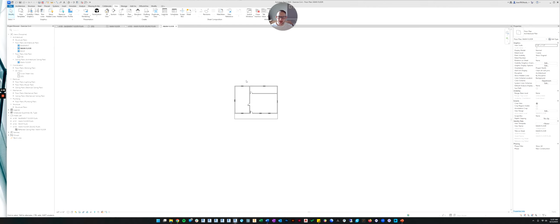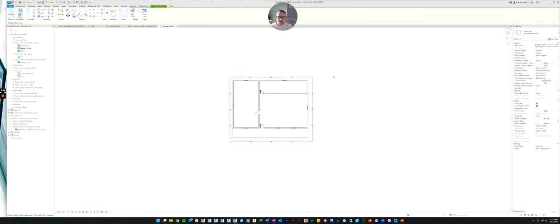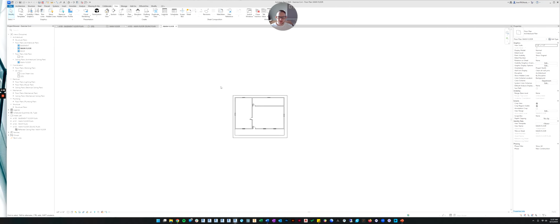And if you remember, right now the view is cropped. So let's turn on the crop region. So you can't see anything outside this little crop box. So we're going to turn off the cropping. We're not going to hide the crop region. We'll keep the crop region showing, but we're just going to turn it off so that the crop region isn't actually cropping. So that button is down here that says do not crop view. And we'll click that button.